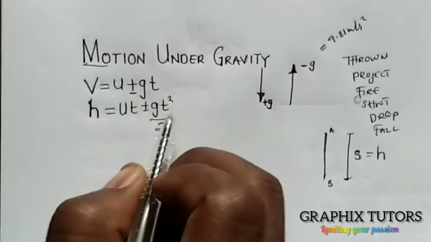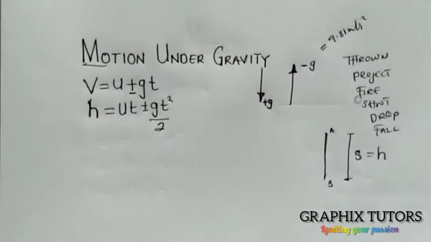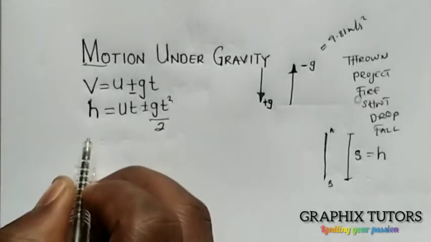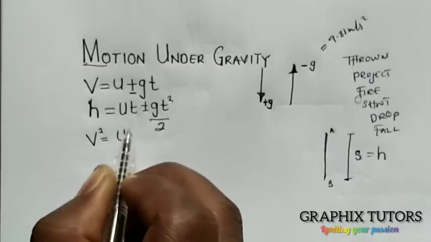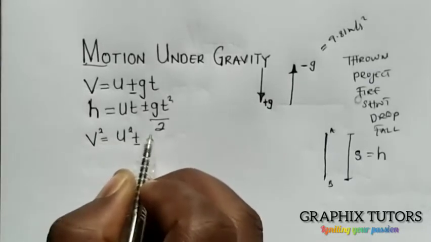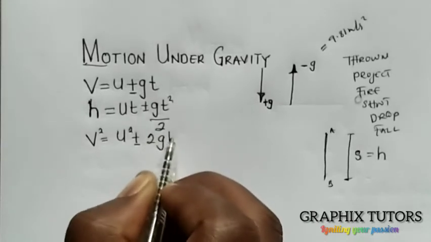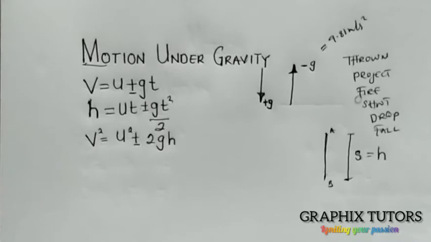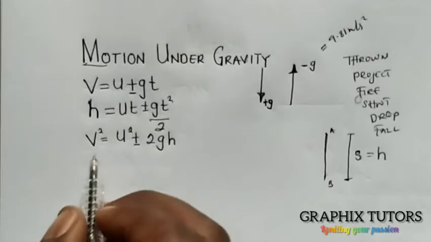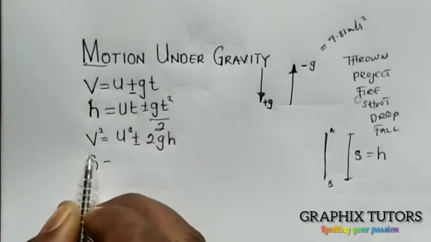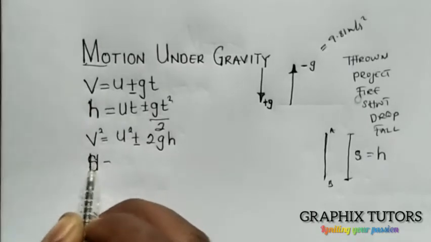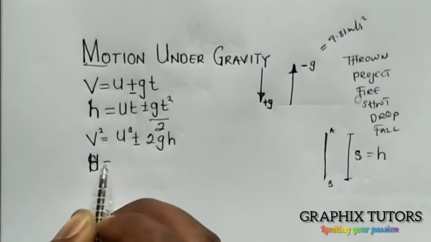Every part of my a is being represented by gravity. Now the third one that we have, we say that v square is equals to u square plus or minus 2gh. And my x here is represented by h. And the last but not the least, instead of using x, I'm going to use h. The h here, I can use capital letter H if I want to, is equals to